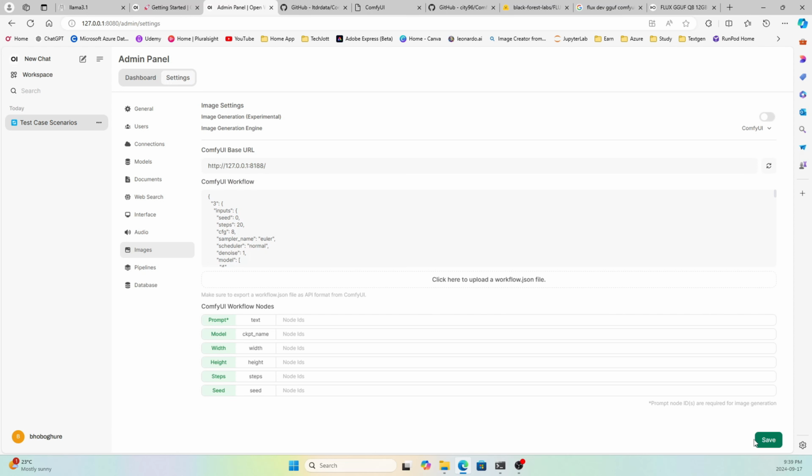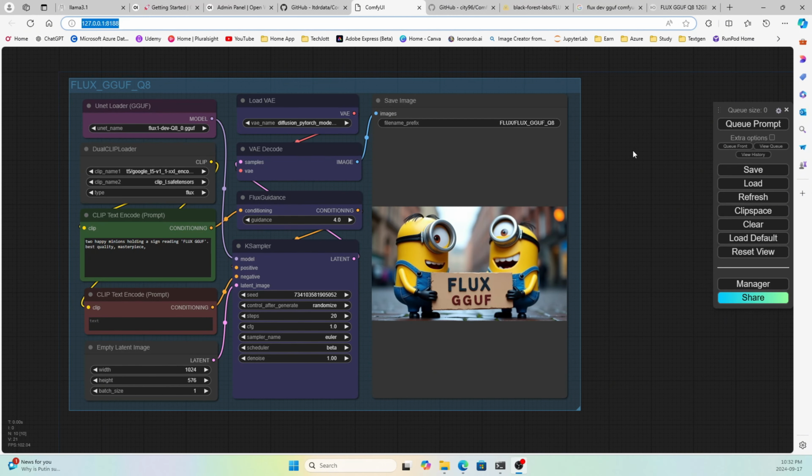Here it is, and let's check, and the server connection is verified, so it's working. Now I can enable the image setting. So good. Now we need to configure the ComfyUI workflow. What we need to do is go to ComfyUI, and here we need to click on the settings, and